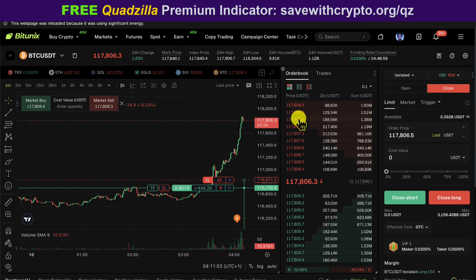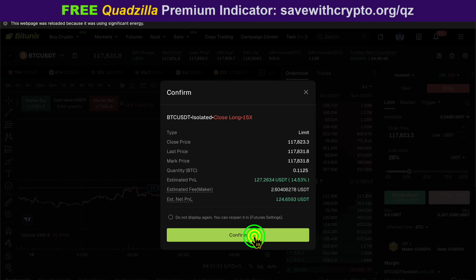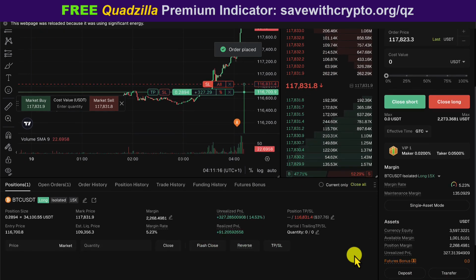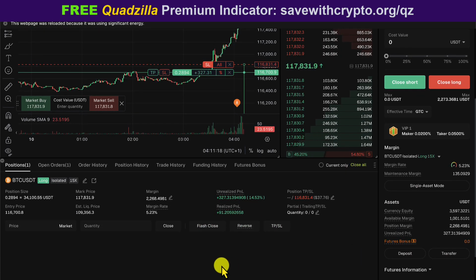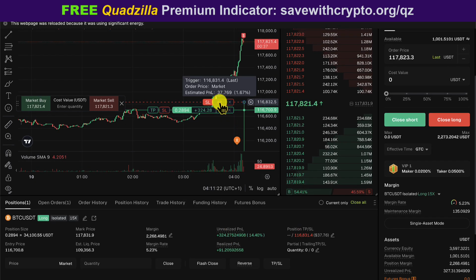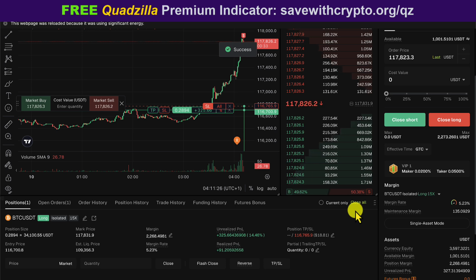I just picked an order out of the order book like that, and then selected about 20 odd % of the position, confirmed that, and that filled straight away, giving a realised profit of $91. So now I'll move the stop loss down a little bit